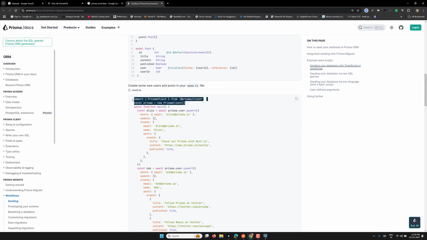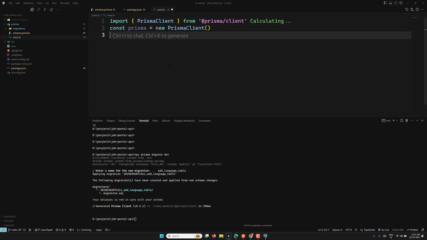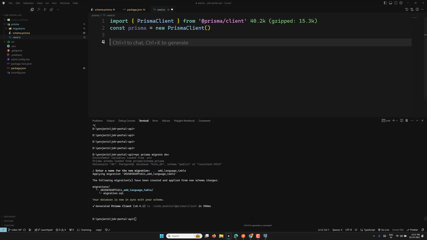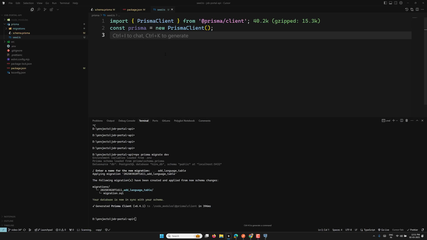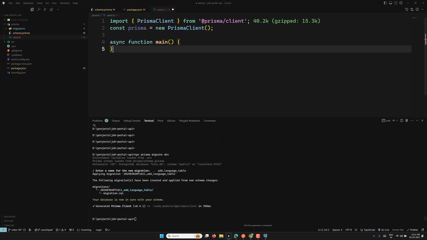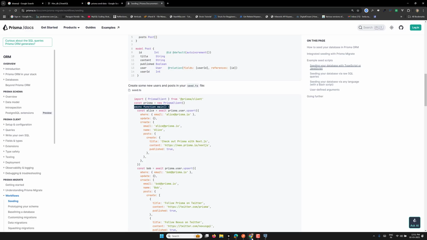So we need to include this one. Okay, I will include this one. So I am including this Prisma client. Let's go in here, and I am including this. Okay, and we need to have something like an async function main, they are telling. Let's go to our code, and here I will write async function main, and at the last they are telling us to have